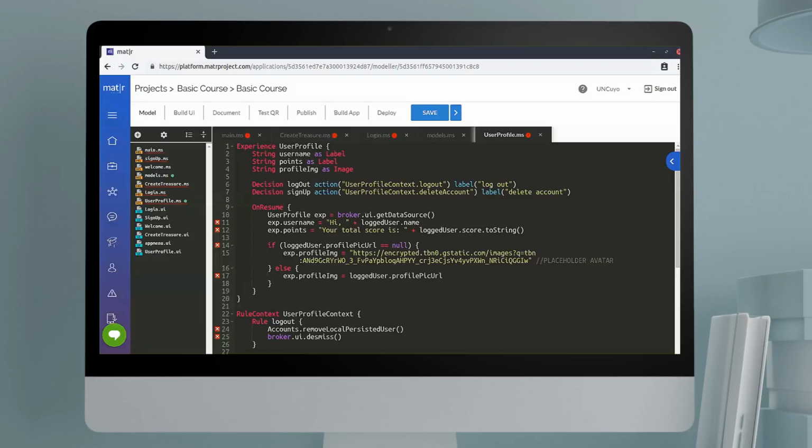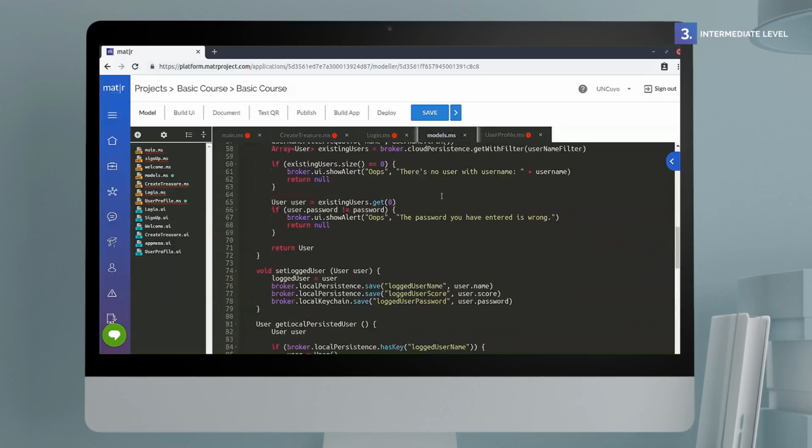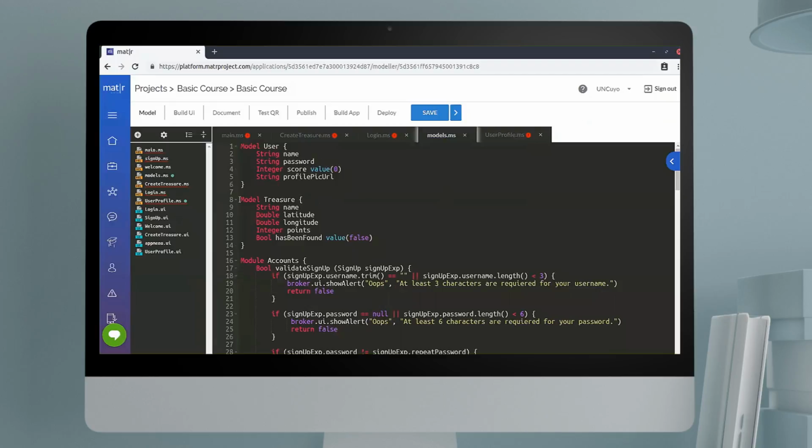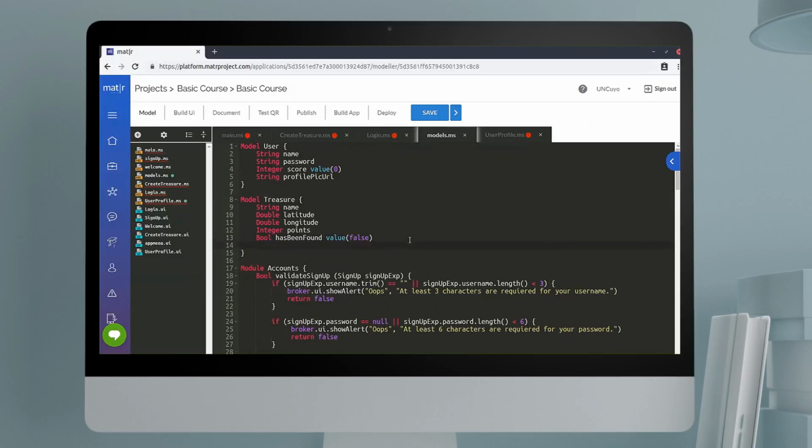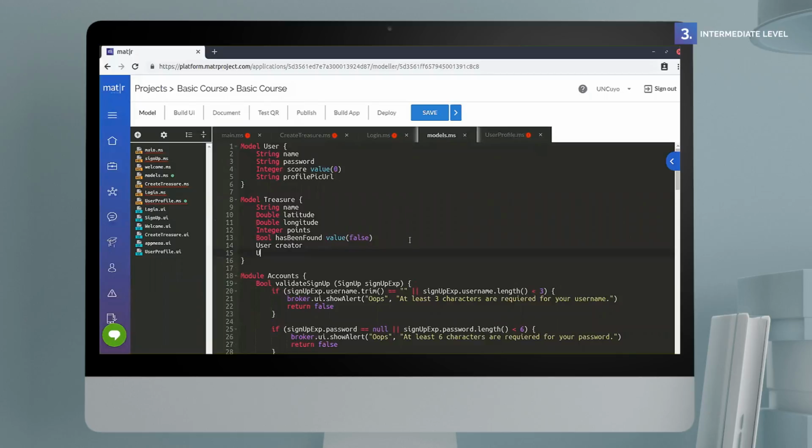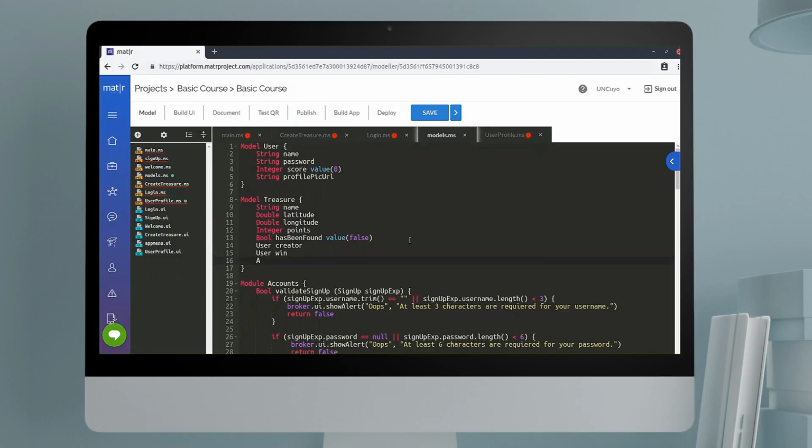The first thing is to go to the models.ms file and find the treasure model. And we will add the attributes creator and win, both of user type, and finally, the participants attribute of user array type. Model Treasure { string name, double latitude, double longitude, integer points, bool hasBeenFound value(false), User creator, User win, array<User> participants }